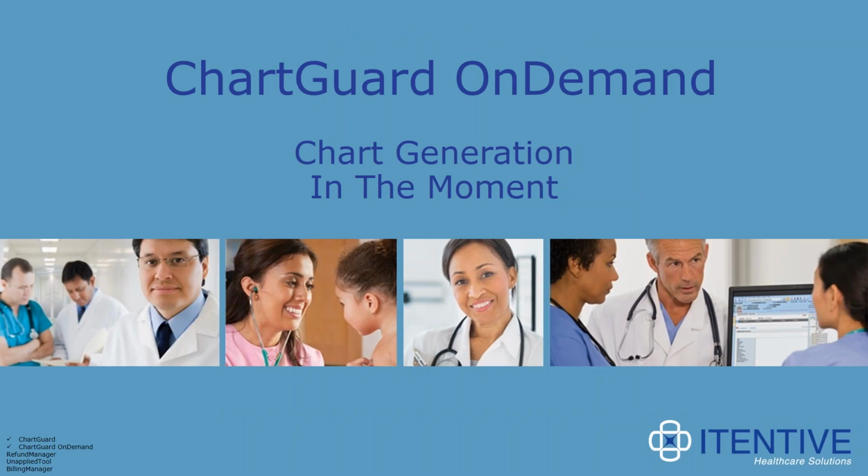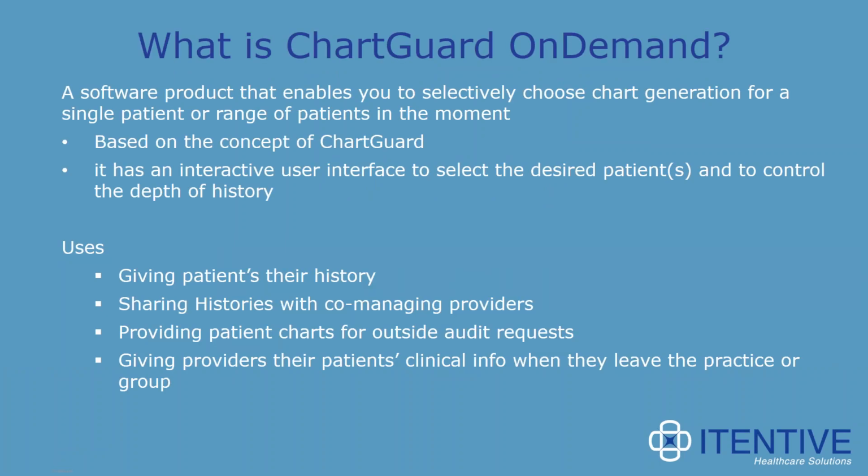Okay. Thank you, Joe. So the next product we're going to talk about is our ChartGuard OnDemand product. And really this enables you to generate a chart in the moment, as ChartGuard, which we just reviewed, creates charts basically overnight. What this one does is allows you to create a chart for an individual patient or a group of patients